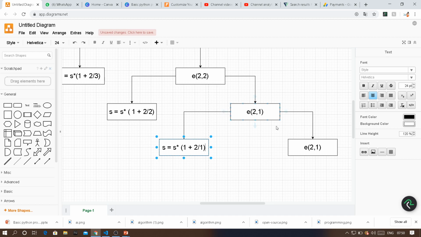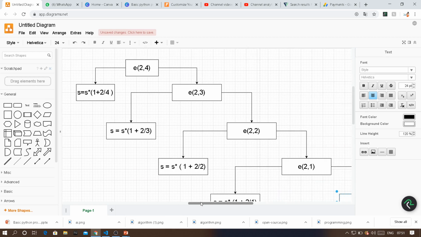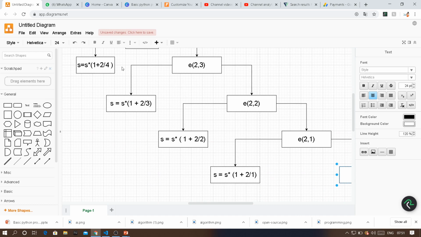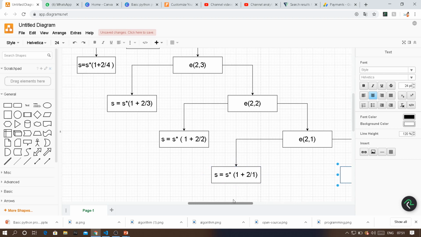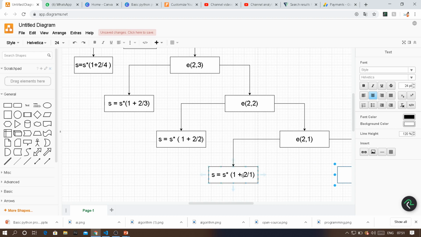So after doing this, what is the next recursion call have to be? The n value should be reduced by 1. So 2 comma 1 has to be reduced to 2 comma 0. So when your n value is 0, what do you have to do? You have to stop. And what is the present value of s? The present value of s will be the final value, because when your n value is 0, you should have done all these operations, and s is a static variable which will be having the final answer. So once your n becomes 0, you can stop the process and return s to the main function. This is what we are going to do in the implementation part.